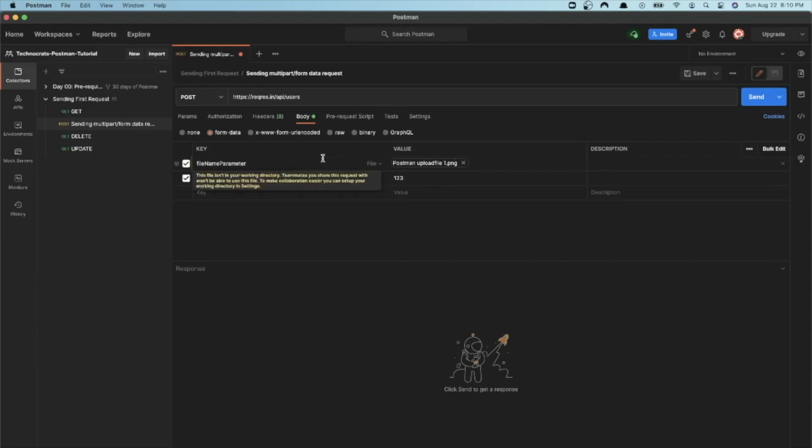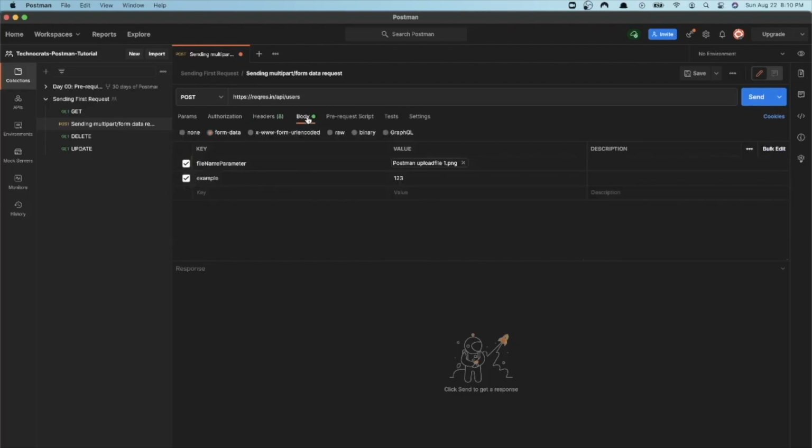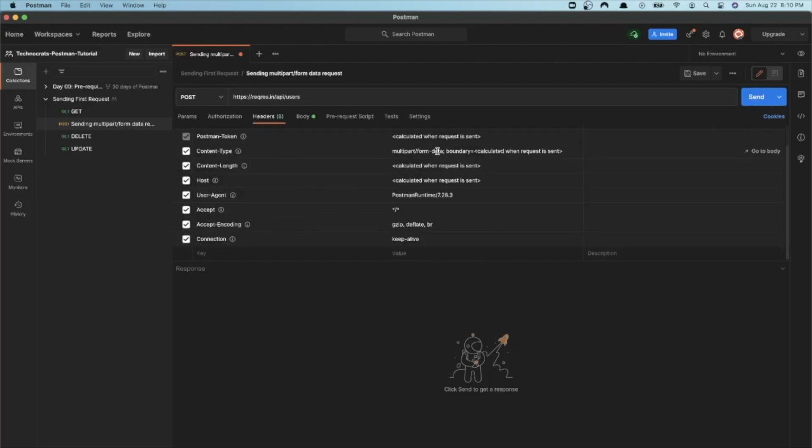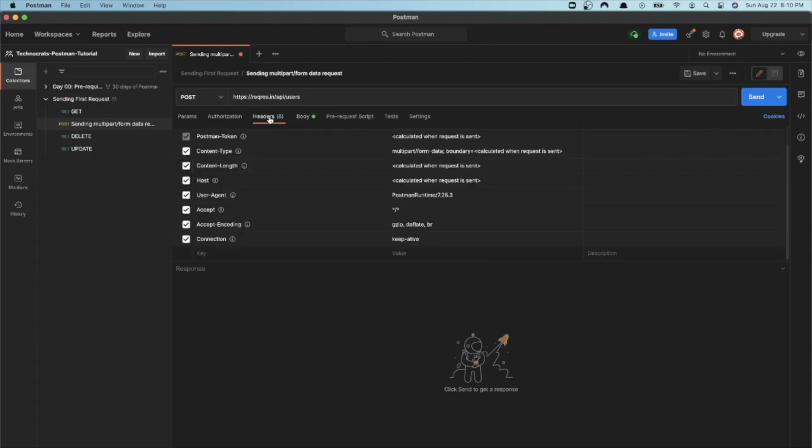Now one thing to notice here is about headers. In header you will see that after selecting form data, the content type header is automatically added by Postman. So there is no need of adding the content type header from here. It's better to keep it automatic, so you can just ignore this part and rely on Postman to